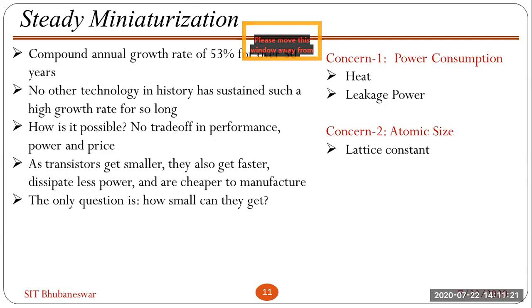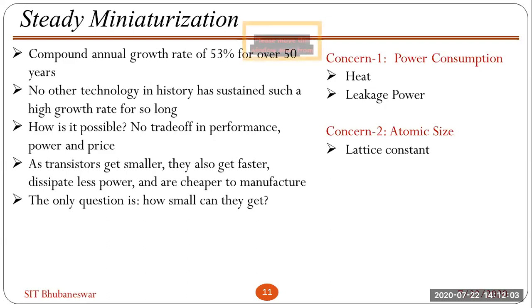First of all, the power consumption. If we argue, the power consumption really decreases, but though the transistor size is very small, the leakage part is more. That means leakage power is more, and the heat also. Due to heat, the power consumption is more. So originally we are getting less power consumption, but due to this leakage and heat, the power consumption is more. So one day we have to stop this, because we will not bear this heat and power consumption for our chip. This is one extreme point.